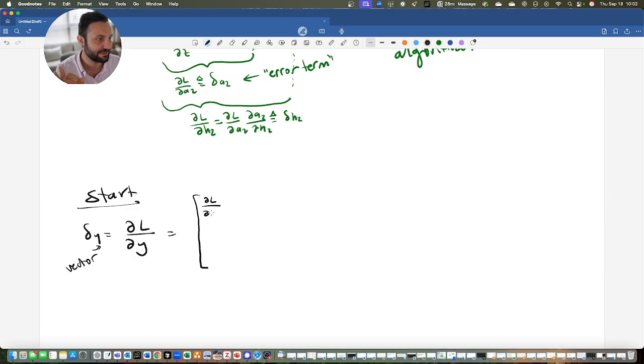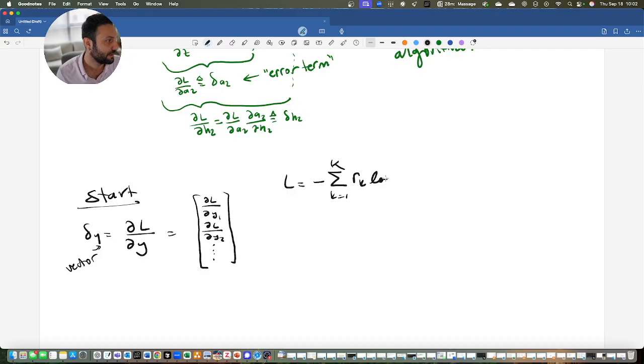So I have dL/dy1, dL/dy2, and so on, right? So that's what I'm talking about. And since my y, what was my y? Sorry, my L is equal to negative summation k equals 1 to capital K, rk log yk. So my dL/dy is going to be, or dyi,